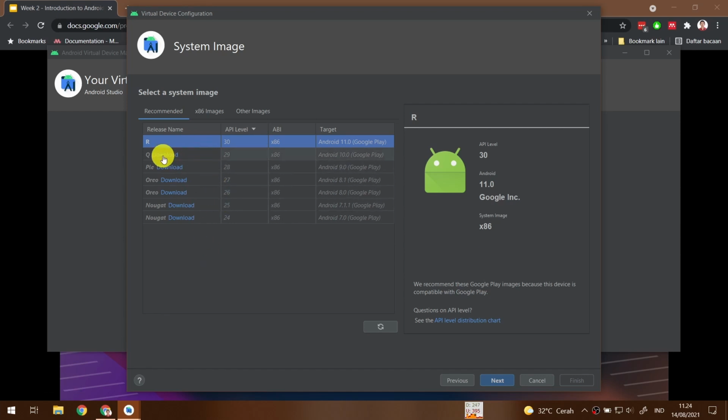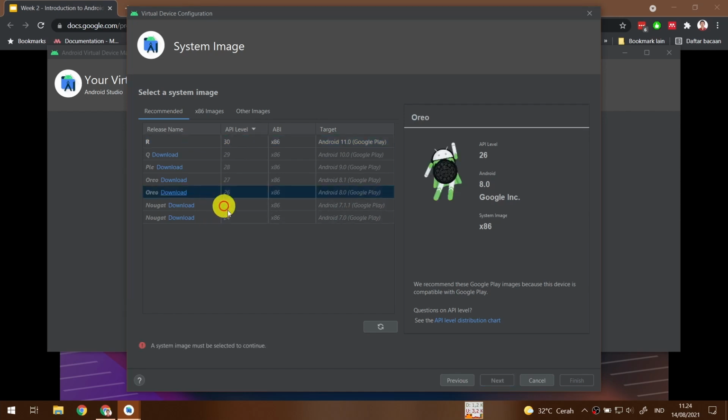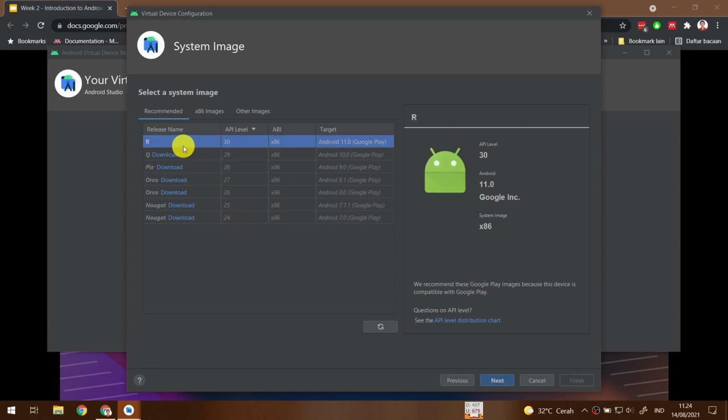If not, then please select any of these. You can select anything as you wish. I suggest at least Oreo, API 26 or 27, it doesn't really matter. Here I have R downloaded, so I will select R for now. Please use anything that is recommended by Android Studio here.